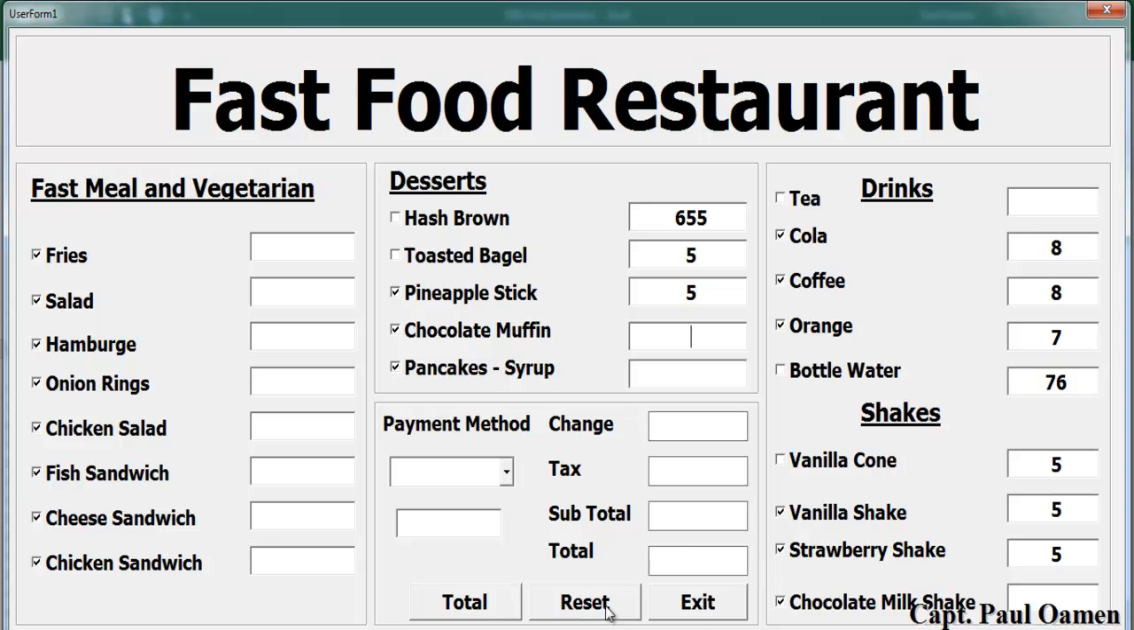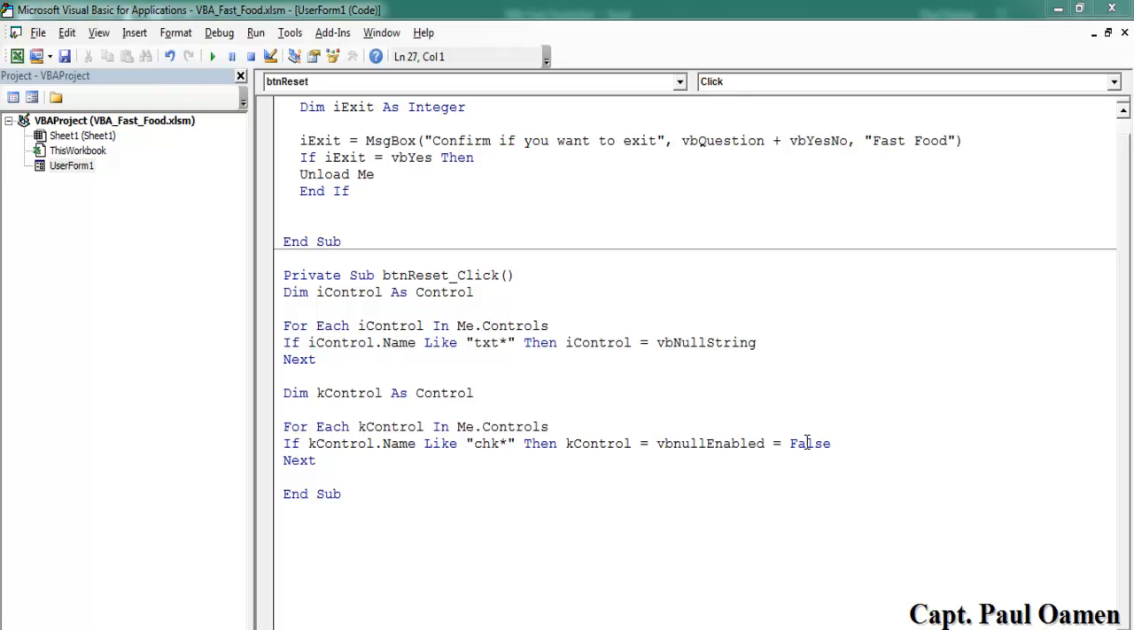Okay, let's try it out. There, for the text box it's all gone. Now let's see what happened with the checkbox. Alright, just having a look at the code, this is officially meant to be true, so let's change that to true. So let's try it again